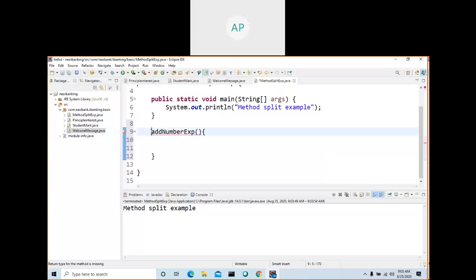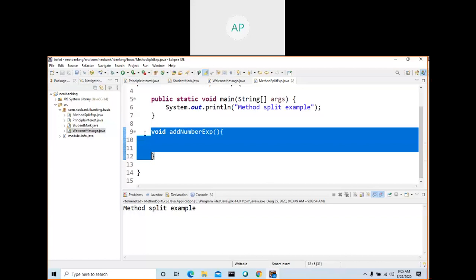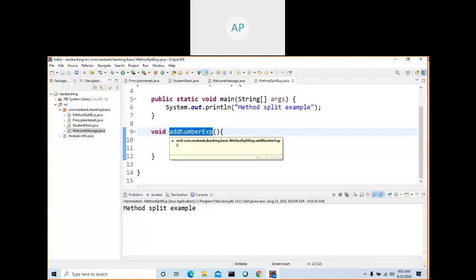What is the return type? Return type can be any variable data type or a class name. Think of it as void as of now; I will explain after some time. When I make a return type, now this is a proper method.